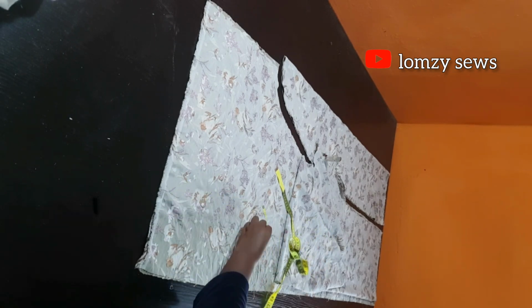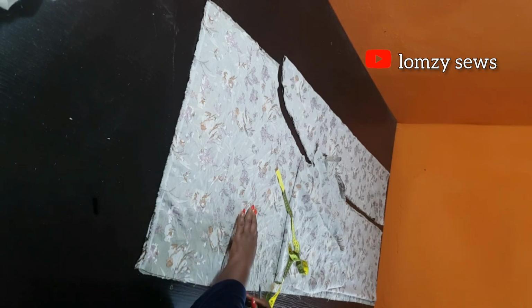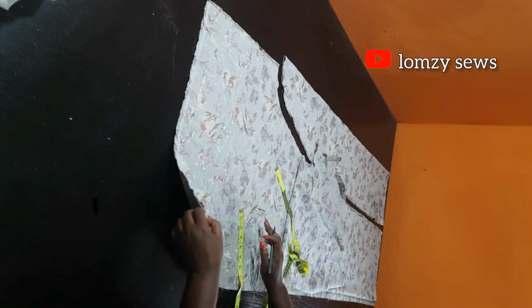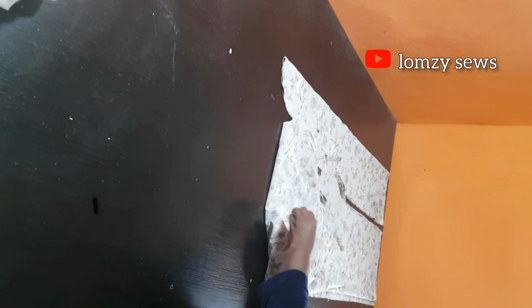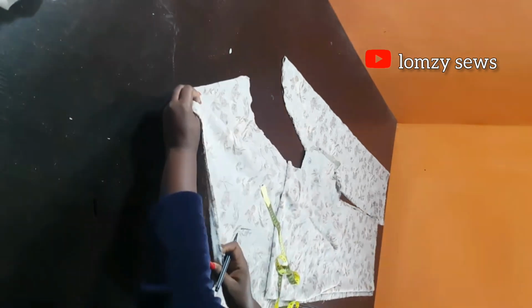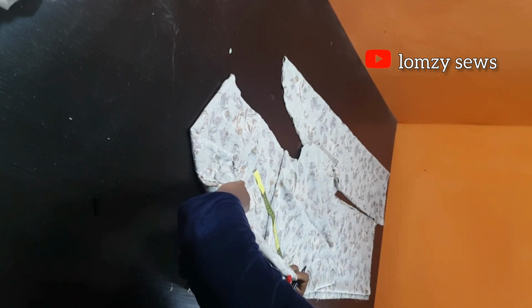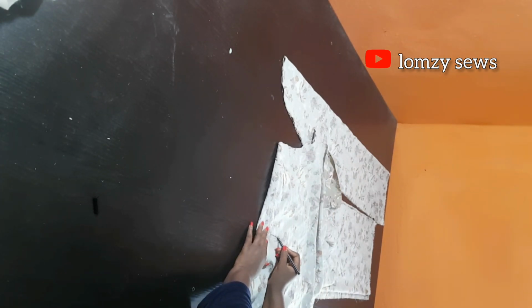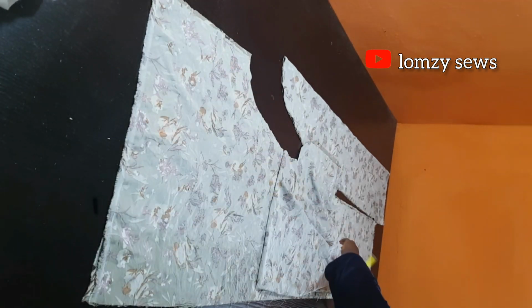On this 15 inches I'm going to come in by 8.5 inches. If you don't have this allowance, you can come in by 6.5 or so. So I'm just coming in by 8 inches. I'll mark that here. So on this place I'm going to insert a belt, so I mark it here. I'll go ahead and do the same thing on the other side. It's either you put your hand this way and you make it, or you can also measure it the same way you did. So let me just hold it here and get the mark. I'm just going to mark this. So here I'm going to insert a belt here. So back to our normal,